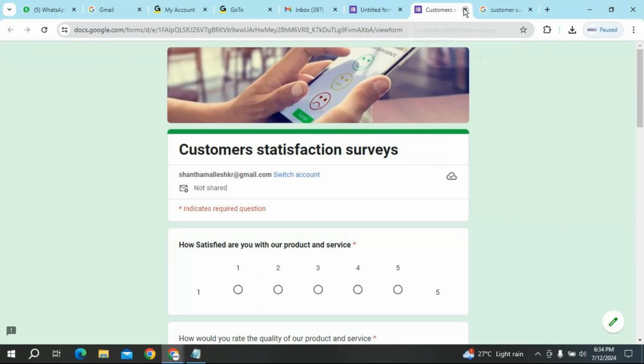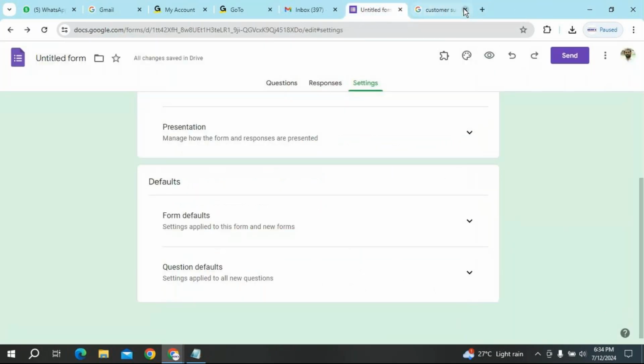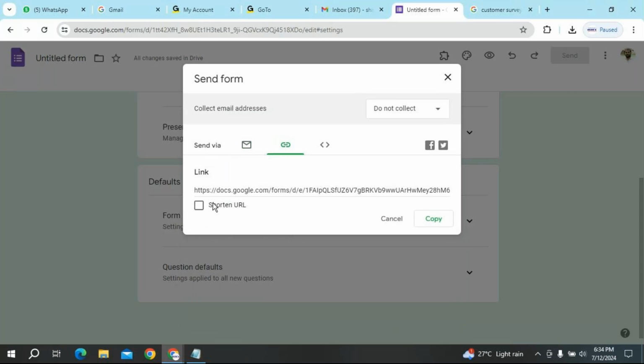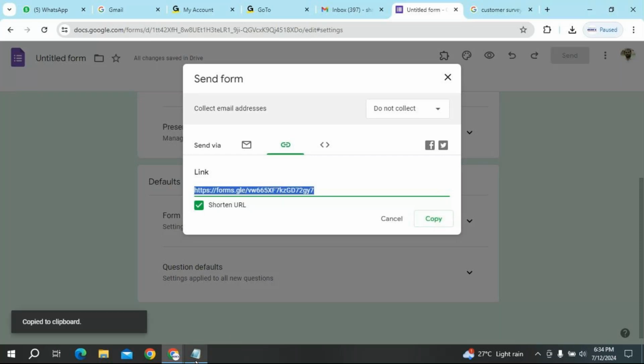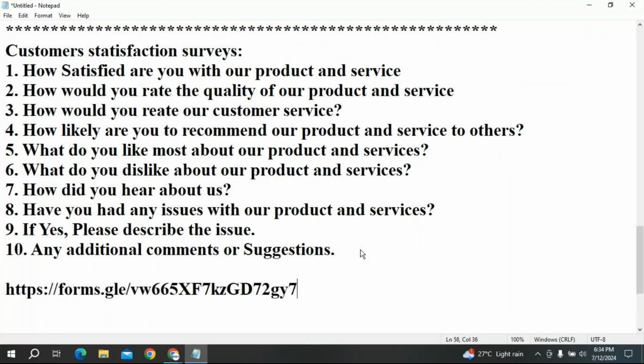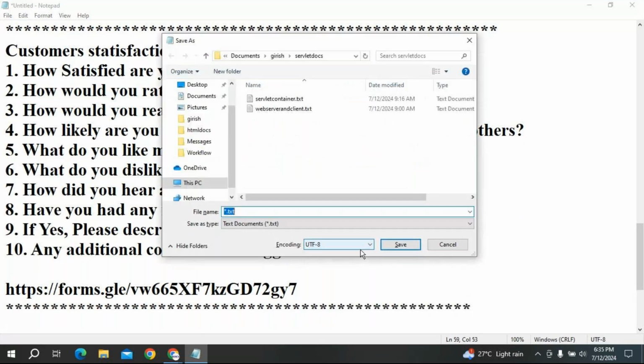Okay, then again close and go to the send button. There is a link here, so take the link option, make this a shortened URL, copy this shortened URL, and write it in this area. So we created